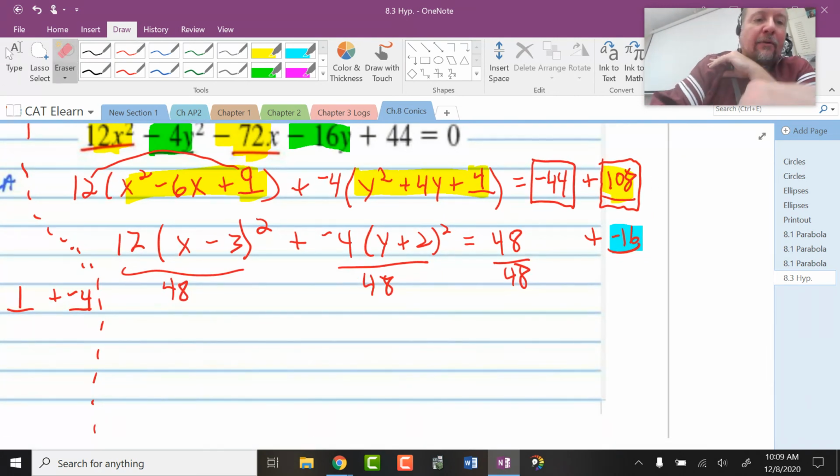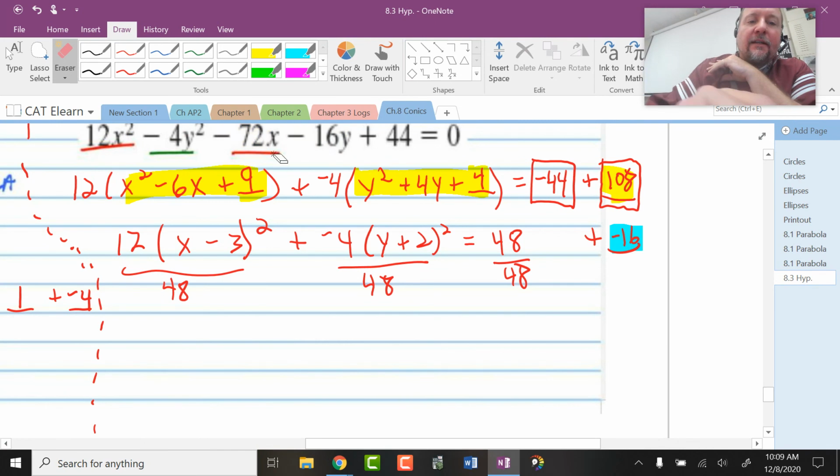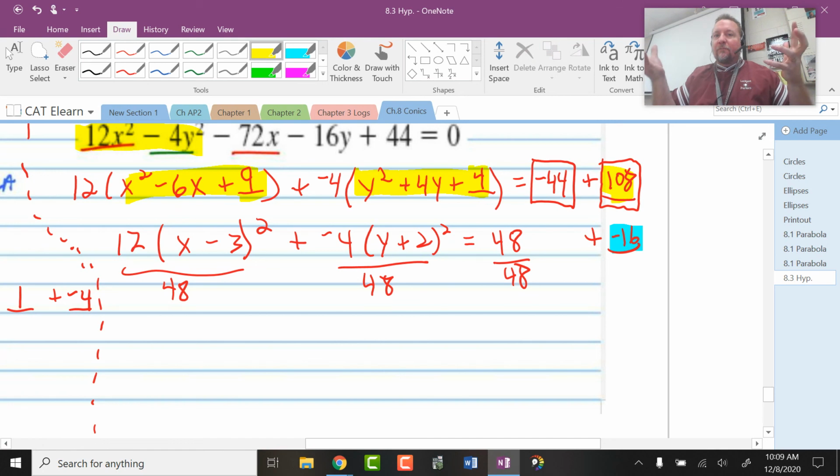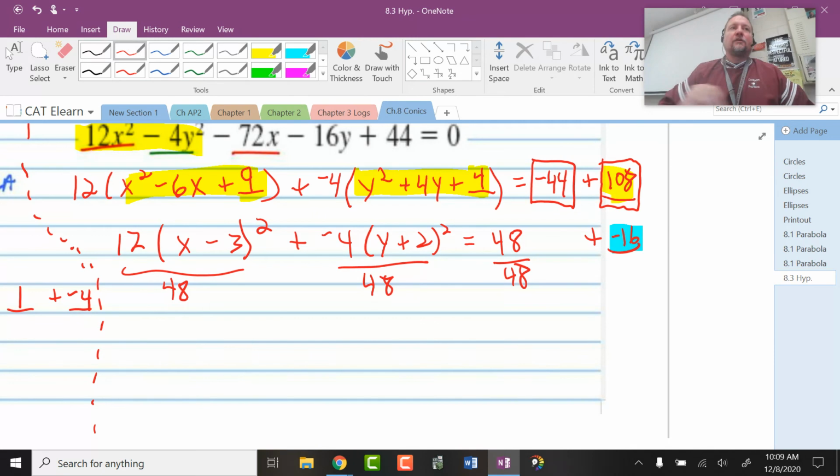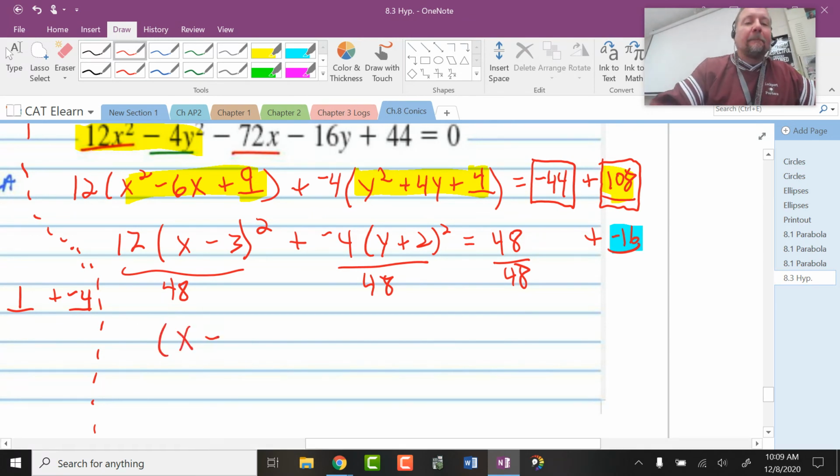And knowing it's a hyperbola to start off with, you're going to have questions on the test that ask, what is this? And you should know right away that that's a hyperbola because we have two square terms, but only one of them is minus. So that means one of them is going to be minus at the end. So in a millisecond, you should be able to say hyperbola and not have to do all this if that's all they were asking. Of course, we're going to ask you to complete the square